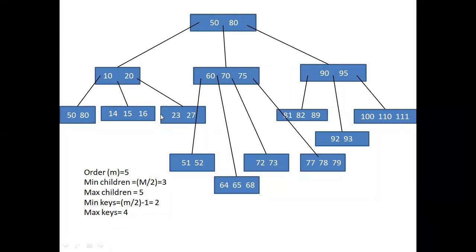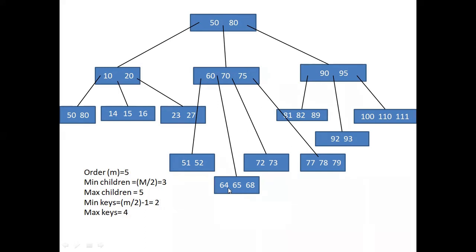So the basic thing you should keep in mind: the maximum number of children allowed for any node is 5, the minimum number of children is 3, and the minimum number of keys for a particular node is 2. So in considering any deletion condition, no node should be left with only one key value. That is violating the property. It should not happen that some node has only one value left after deletion. So minimum keys are 2, that is a must, and maximum is 4.